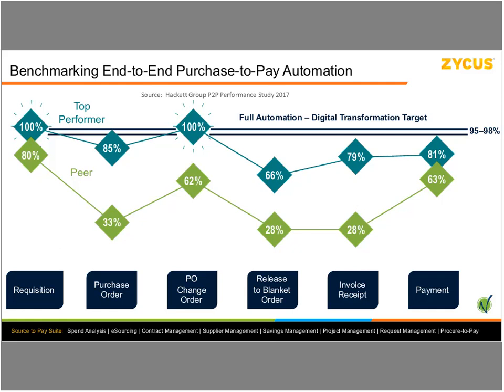No one's really there yet, but top performers certainly have the vast majority of these transactions fully electronic and automated. And there's, in some cases, a pretty wide discrepancy between what those top performers have achieved and the peer group, which is the average overall. So just to highlight a few of these key